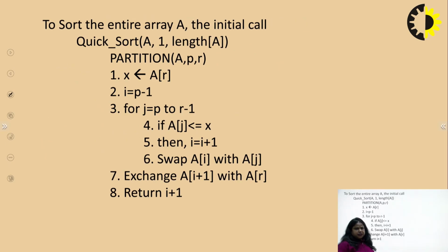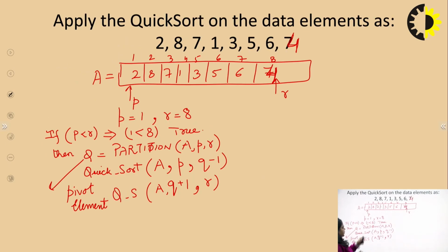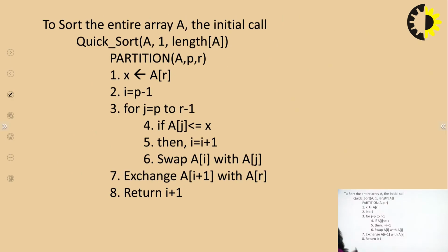Now after that, we have to call one function, which is called partition. Now how the partition works, this is the algorithm for the concept of partition. We need to sort the entire array, so in that case we call the quicksort algorithm on A from 1 up to the length of the array.